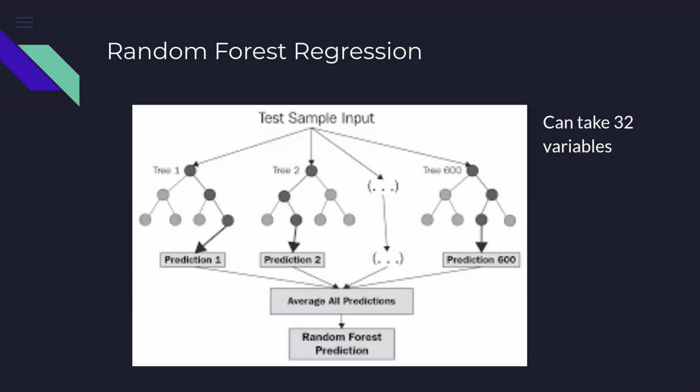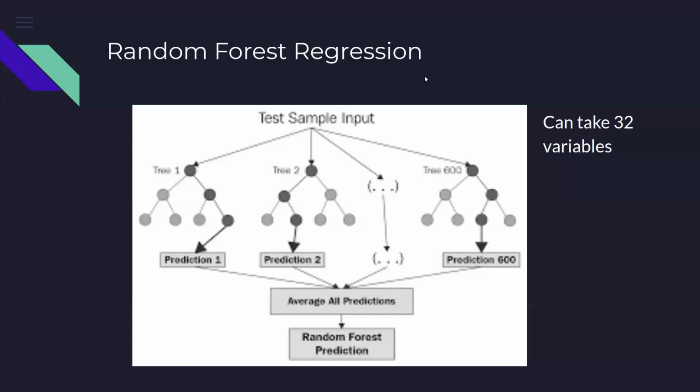So I have the prediction done by, say, 1,000 decision trees, and then I take the average. Obviously it will take more time compared to a decision tree, because in that one I am relying on maybe one decision tree. Here I am doing the same process over 1,000 decision trees, and then I am taking the average, and that's why it is called the random forest. It will take more time.